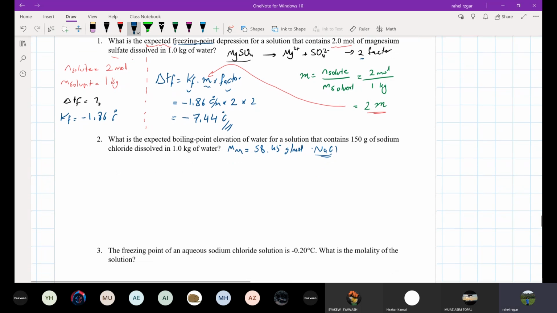Okay, let's solve the next question. Let's see what is given. Mass of solid is given here. It's 150 grams. It says expected, so it must be an electrolyte. What is the electrolyte? It's NaCl. So the NaCl, when it becomes ions, it's Na and Cl. So it is a 2 mole factor. Okay, 2 mole factor. What else do we have? Mass of solvent,